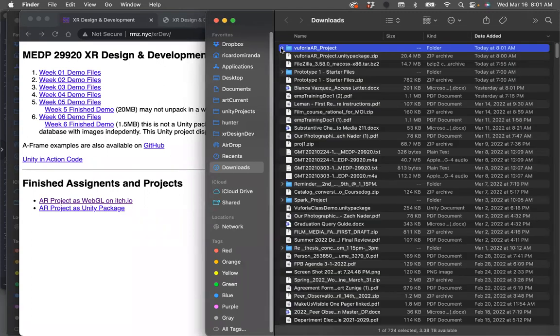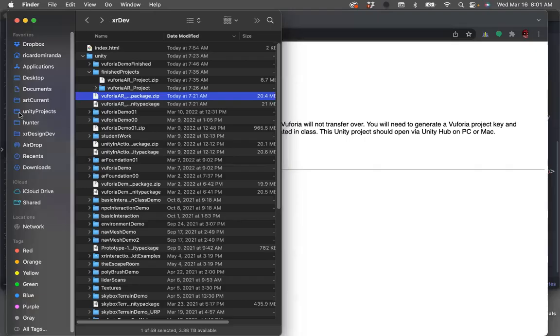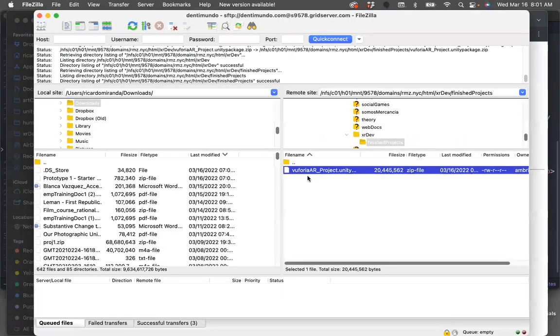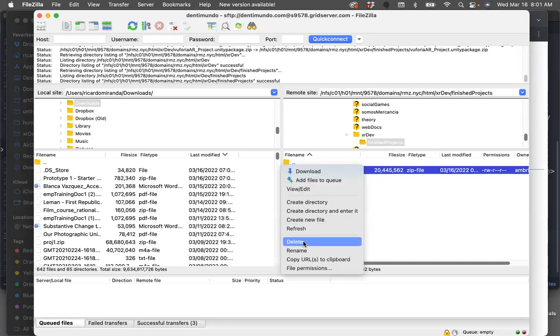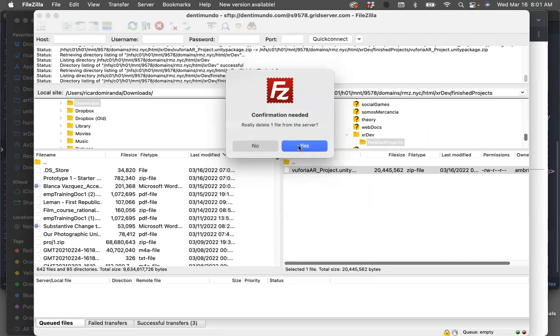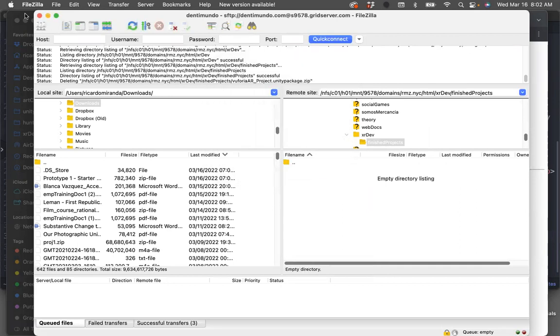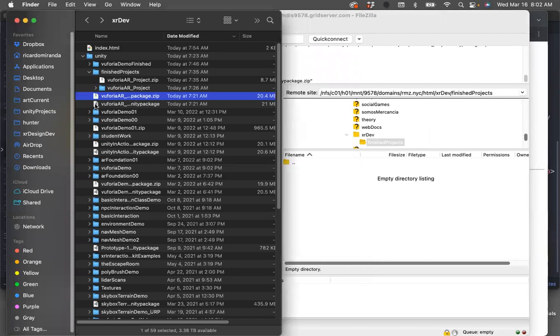So the other option, I wonder if I can just upload the package itself rather than the zipped package. So I'm going to go back to FileZilla, and I'm in finished projects. I'll delete this zipped folder. It seems like on the PC it doesn't do that. So you can tell me and I can get on the PC instead. And I'll go ahead and